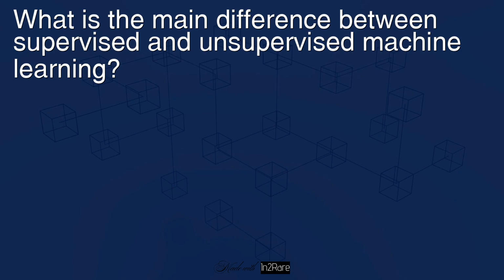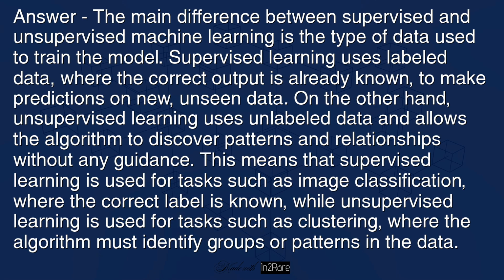What is the main difference between supervised and unsupervised machine learning? Answer: the main difference between supervised and unsupervised machine learning is the type of data used to train a model. Supervised learning uses labeled data, where the correct output is already known, to make predictions on new, unseen data. On the other hand, unsupervised learning uses unlabeled data and allows the algorithm to discover patterns and relationships without any